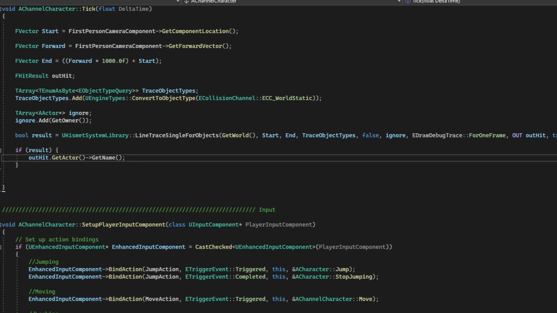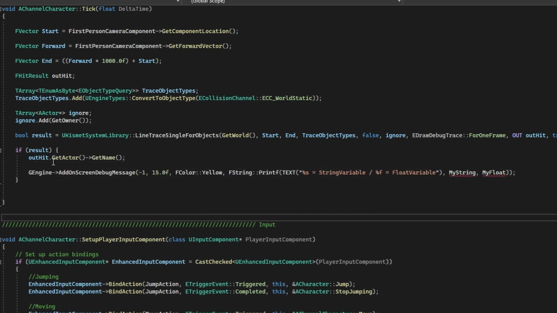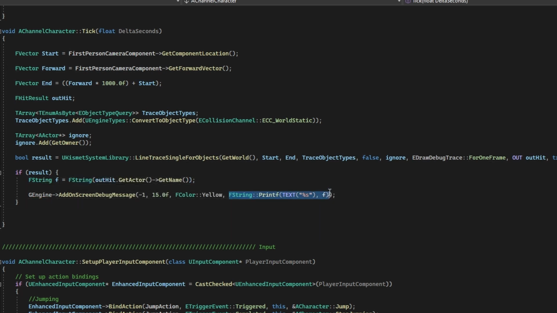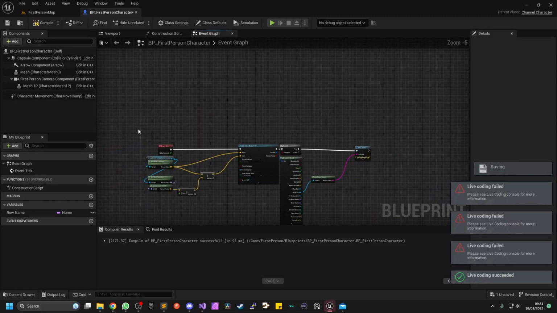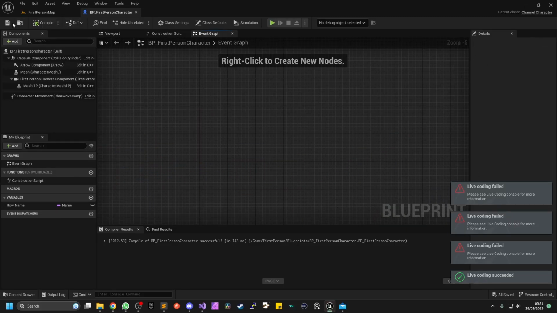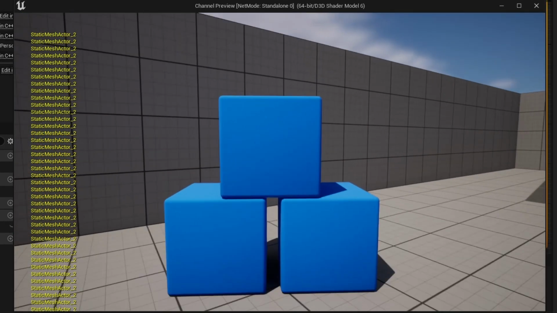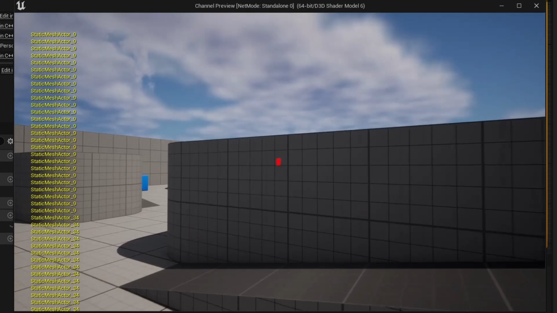So if we want to see what that is, we can pretty much just add our on-screen debug message. Just print F. Right, now that's working. We can get rid of this, compile, save, and play. And we've got the same thing, but obviously in C++, which makes it a little cleaner